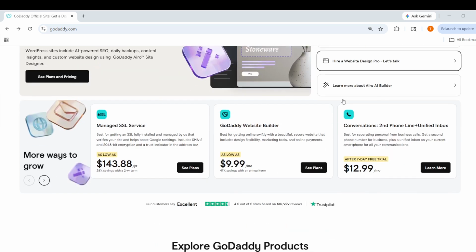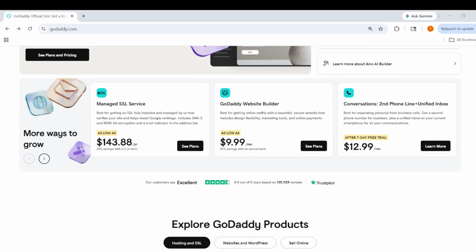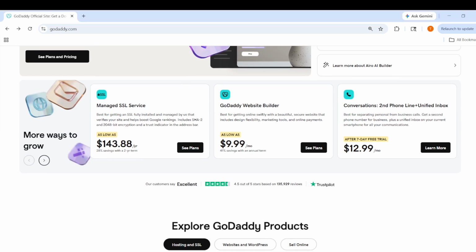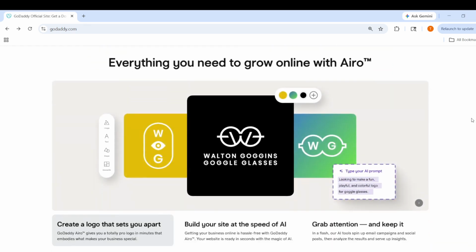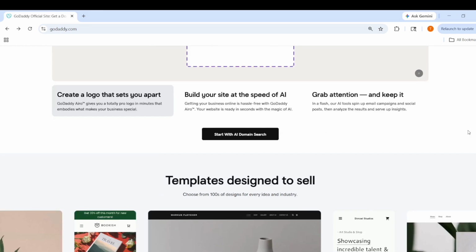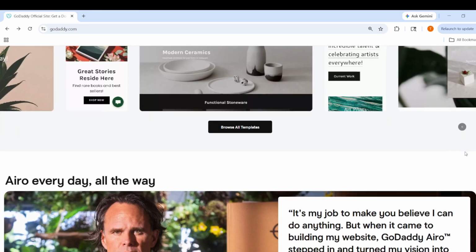Once you are signed in, you will be able to access the account and regional settings that control how the site is displayed. If the page takes a moment to load, just wait until everything appears fully so you can navigate more easily. After you are logged in, look over the page and scroll all the way down to the